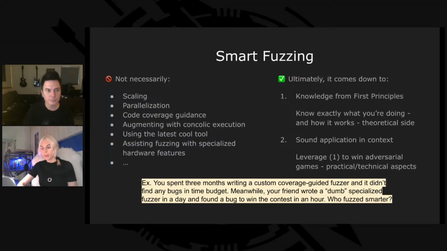smart in practice. And ultimately, smart fuzzing comes down to understanding what is going on from the first principles, understanding what you're doing, what your fuzzer is doing. And once you're able to understand it, you can easily shift away from this little box of current fashion. This is coverage guidance, this is scaling, it's fashionable, it works. You go out of this box and think in a totally different direction, and you're able to solve the problem in the most efficient way.